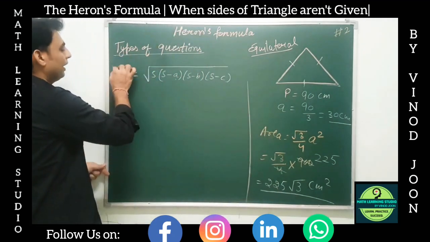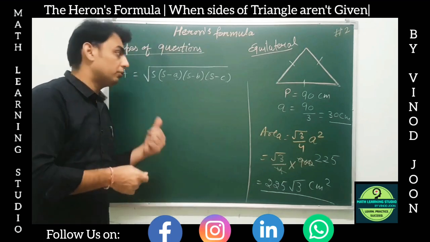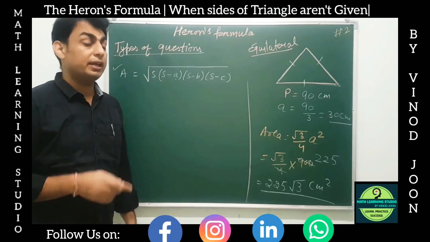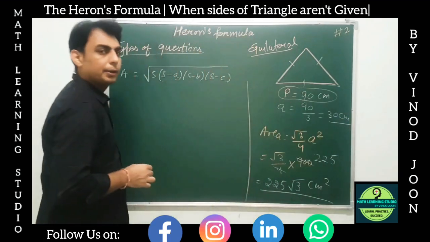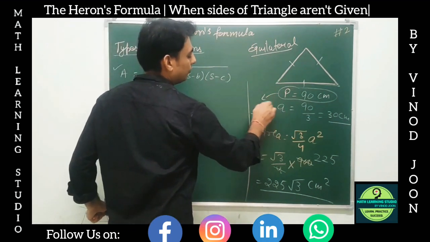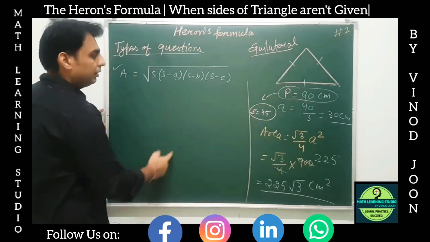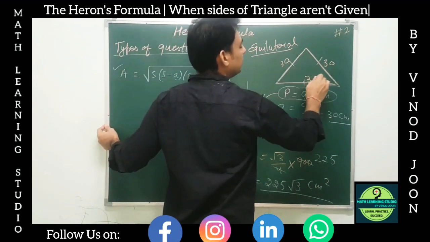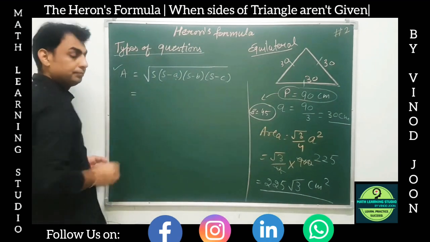Now, if I want to apply Heron's formula, or maybe the question says to apply Heron's formula to find this area, तब भाई देखो हमको S चाहिए. S मतलब क्या होता है यहाँ पे? Semi perimeter. Means इस perimeter का half करेंगे. So we get the value of S from here. S will be equal to 45. Semi perimeter. Okay. And then we apply. And now we know this 30, 30 and 30 are the sides. So let us find out the area now.